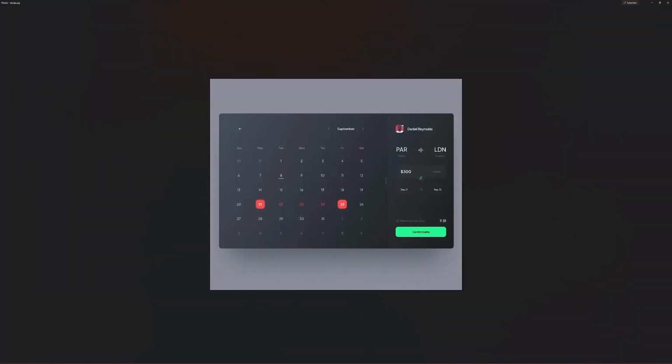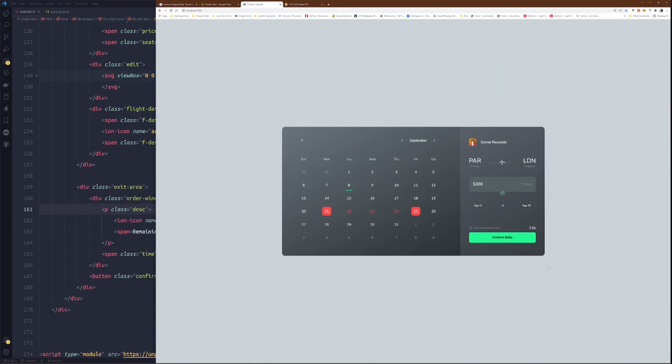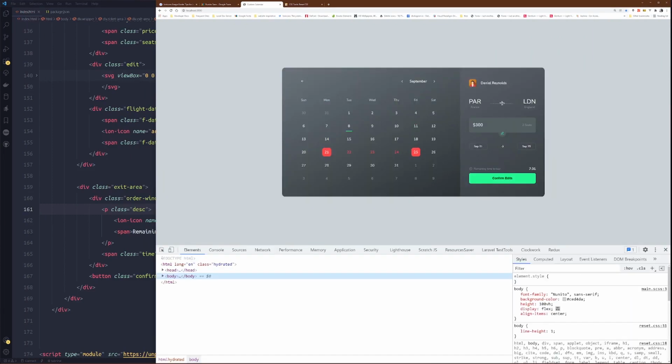Confirm edits. Let's increase this padding a small amount to like 16 pixel. Much of this kind of small experimentation.